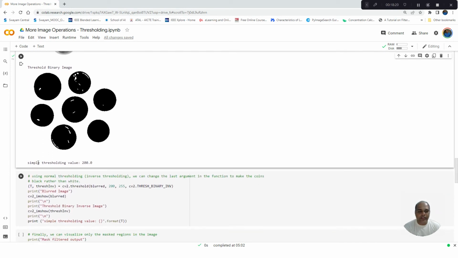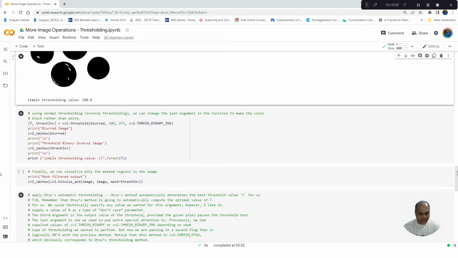So here you can see the simple thresholding value which we have given is 200. Next we will try to do the inverse operation. Inverse in the sense, if the pixel value is greater than threshold, we assign it to black. Less than threshold, we'll take a white color. So how to do that? By using this